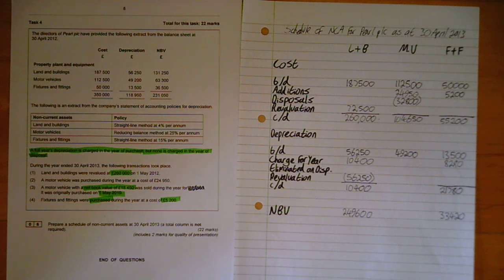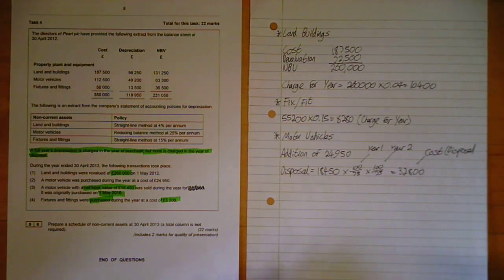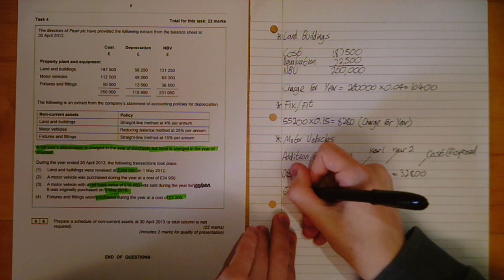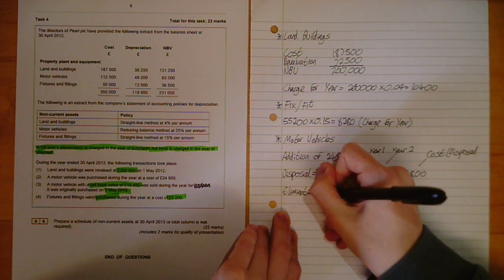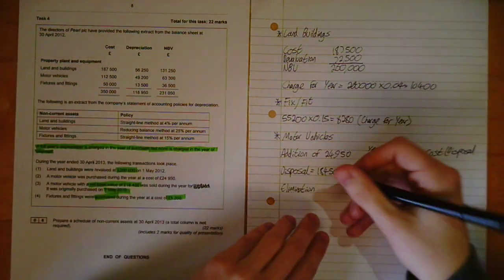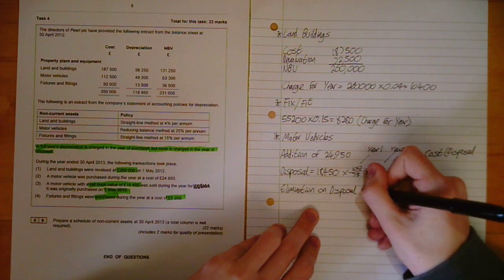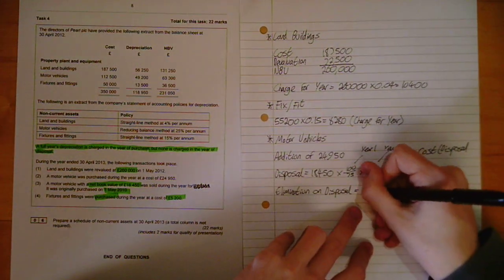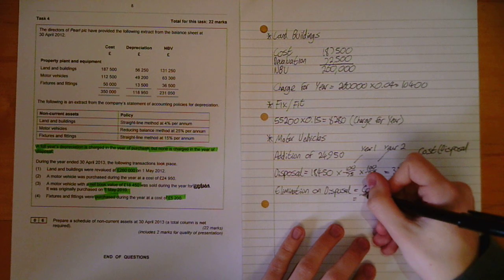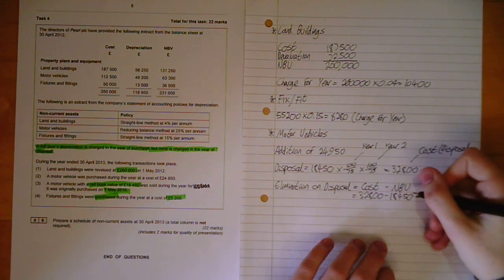Okay, so now this is where it gets a bit trickier. So how about we work out our elimination on disposal? Well, it sounds kind of tricky, elimination on disposal, but it's really easy. The elimination on disposal is simply the amount of depreciation that occurred to that asset during its lifetime. So it's basically its cost minus its net book value. That's all it is. So it's cost 32,800 minus net book value 18,450, which gives us our total depreciation figure